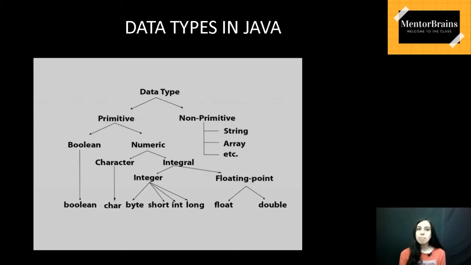And today in my lecture, I'm going to tell you about data types in Java. Before this, we have done a couple of programs, we have done operators, we have done identifiers, and now it is the time to study data types. So on your screen, as you can see, I have mentioned the types of data in Java. Data types are basically what we are going to learn, and then we'll go into a step-by-step segregation of what are the types of data available in Java and how they are different.